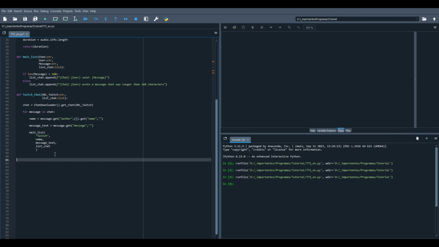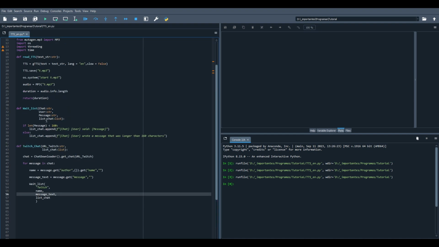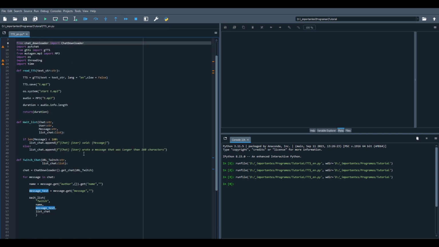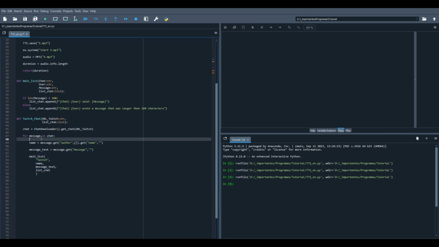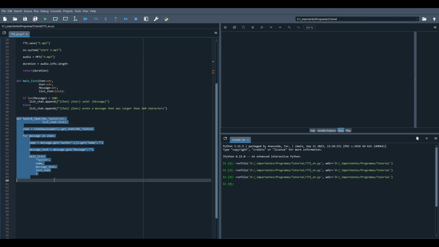Why won't we do a separate function just for YouTube chat? Because we're gonna run YouTube chat through our main function. Basically, this library, once downloaded, gets stuck here. It will be waiting for a message forever, and it will never break from its loop. So we can't run this in our native code. We need to run this in a thread. So this function is separate to run in a thread, and the YouTube function we can run in our main function. So we're gonna do def main